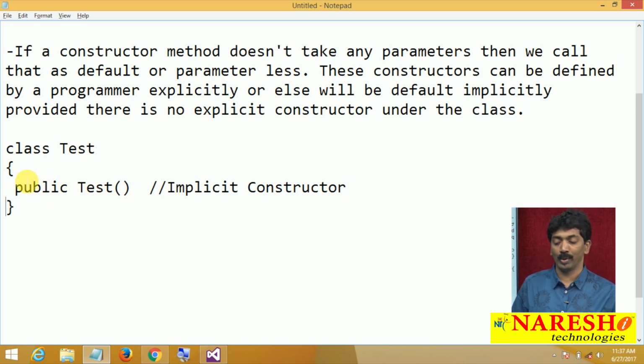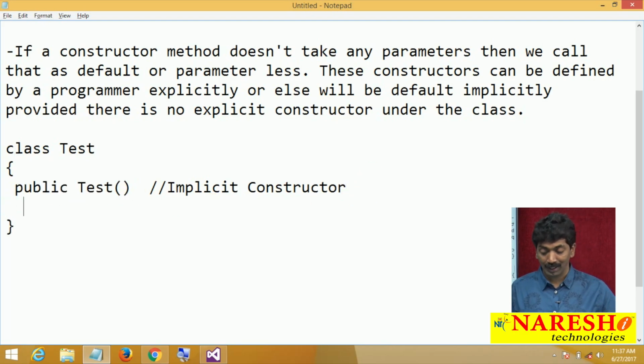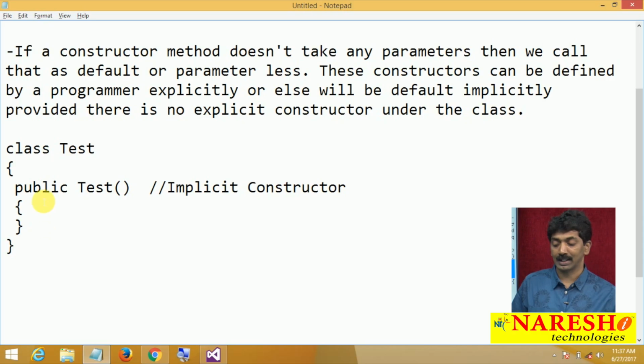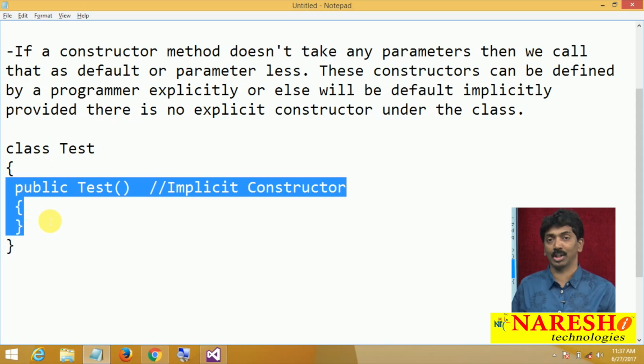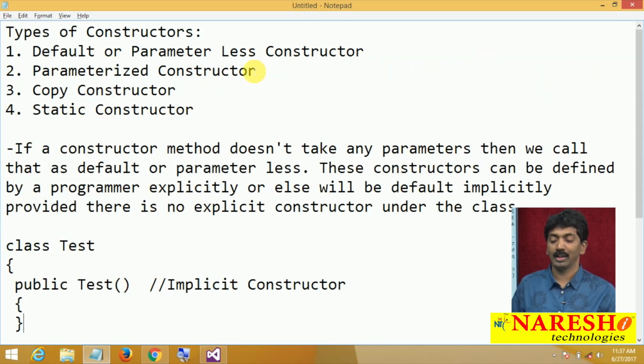I am defining a class, and the constructor is implicitly defined by the compiler. I am not going to define this constructor. This is what we call an implicit constructor, and implicit constructors are always public. Very important, implicit constructors will always be default, parameterless only. So this is what a default or parameterless constructor is.